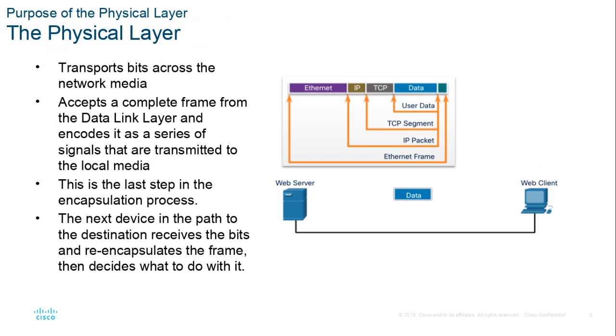So looking at the physical layer, its job is to send bits across some type of network media, which could be copper cable, fiber optic, could be Wi-Fi, radio frequency energy. Each host machine is going to take some upper layer data, the user data, and maybe encapsulate it in a TCP segment, could be a UDP segment. He'll take that segment, number it, and put it in a network packet, an IP packet. That IP packet will be encapsulated into an Ethernet frame, and then the binary data that makes up the Ethernet frame, the ones and zeros, will be transmitted through the local